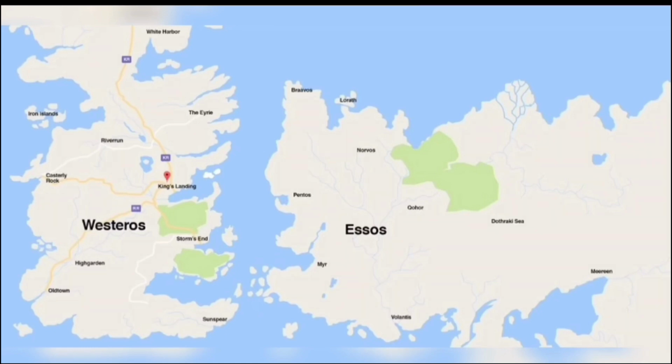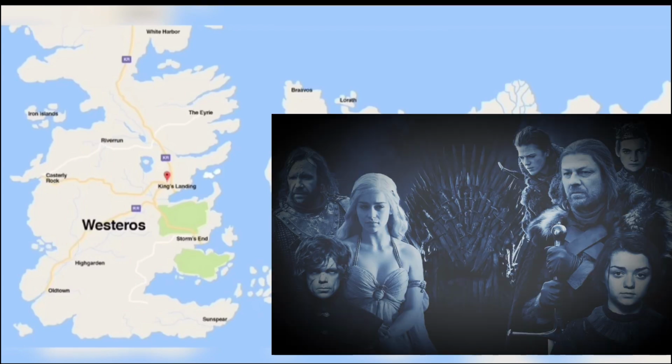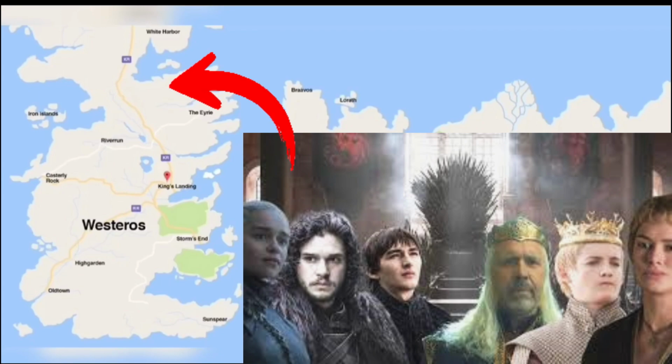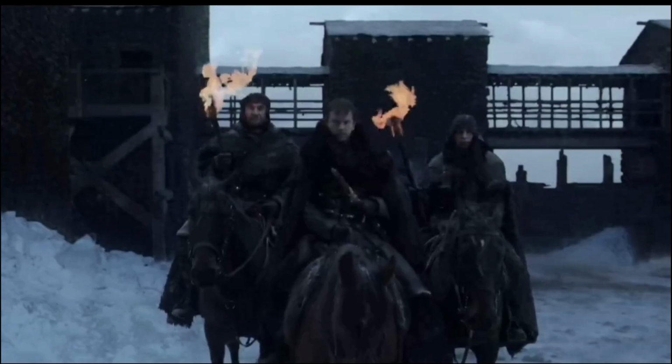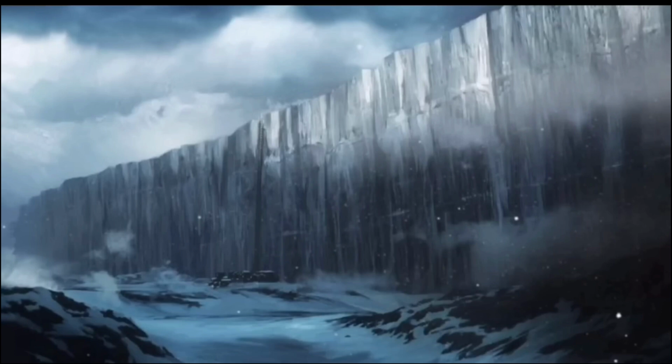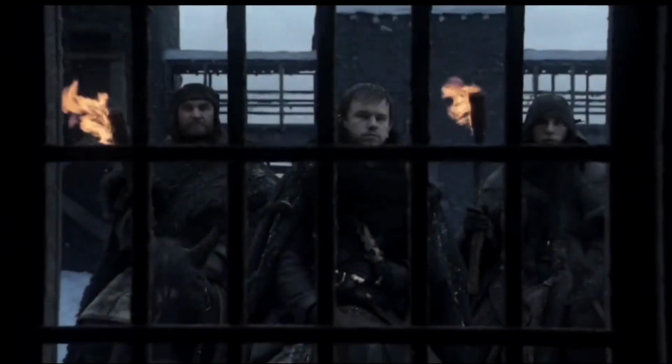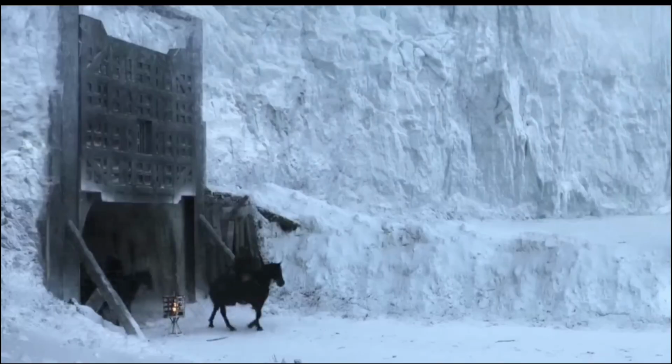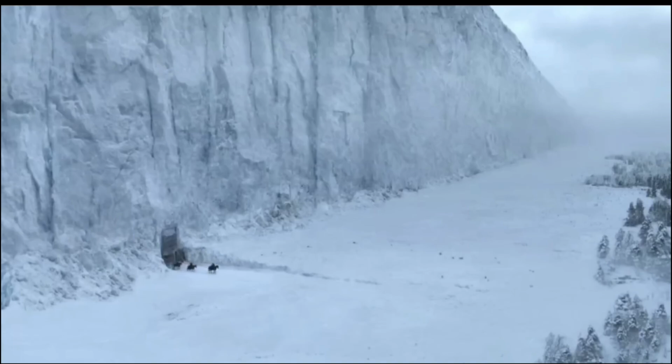The rulers who manage these kingdoms are called lords, and the one who rules over all 7 kingdoms is the king. At the start of the story, we see soldiers guarding the wall. On the northern side of Westeros, there's a massive wall. This wall keeps ordinary people safe from the wildlings and evil supernatural forces on the other side. Those who protect this wall are known as the Night's Watch.